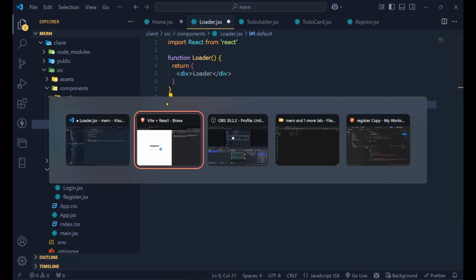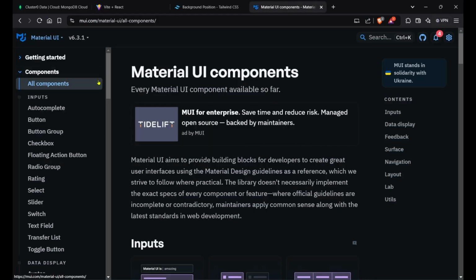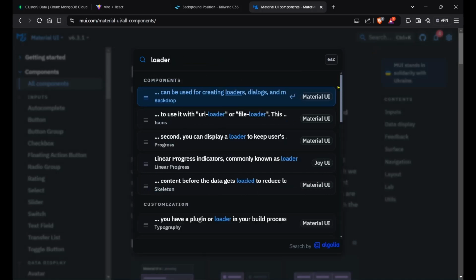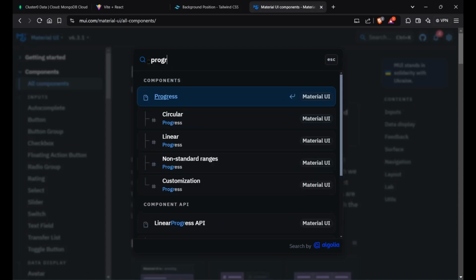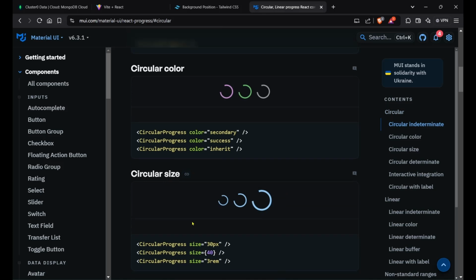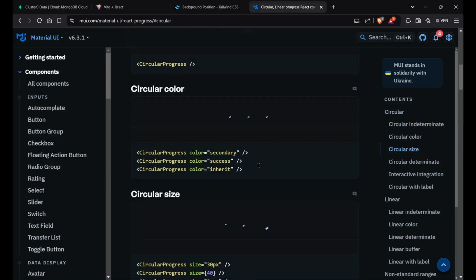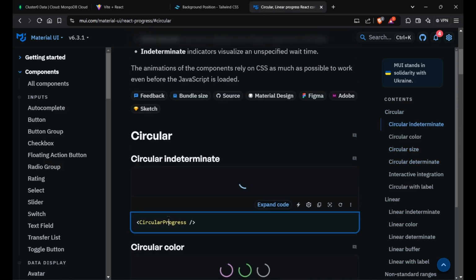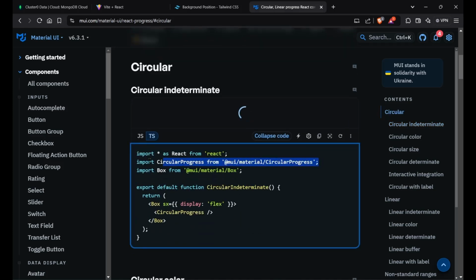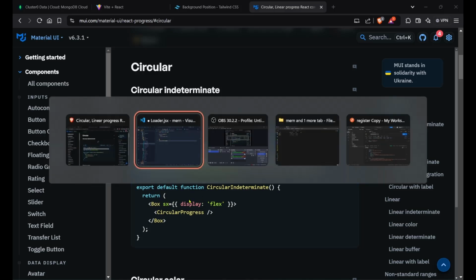And if you go to MUI and search for something like loader or progress bar, we can go for circular progress. I want this to be my loader, so to actually get it, click on expand code. We need to import this guy. Copy this,